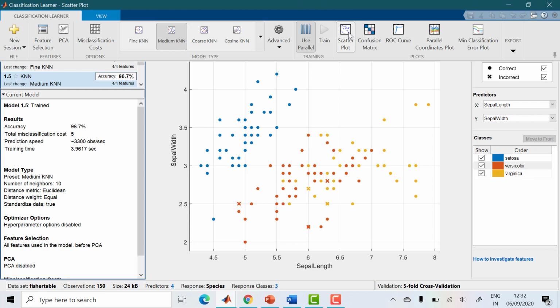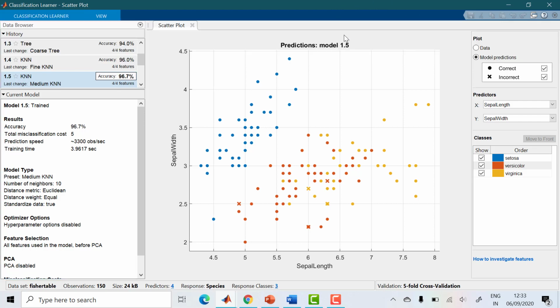And now you have to analyze. First step, we took the data set. Then second, we went to new session, and we selected which type of classification we want. We did all quick fast training. Then now you have to analyze the performance of your model. How to analyze the performance of the model? These three are to analyze the performance of the model: scatter plot, confusion matrix, ROC curve, all three for analyzing the data.